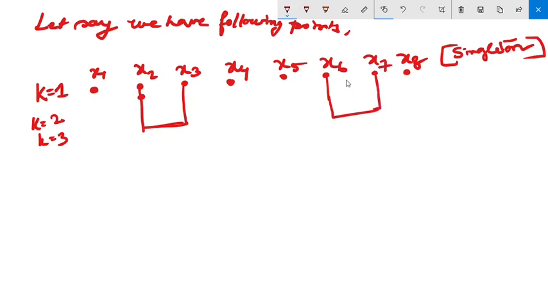So here we can write like this: level 2, level 3, then level 4, level 5. At level 4, let's say x4 and x5 are grouped together,